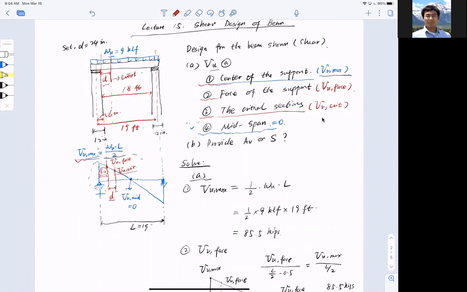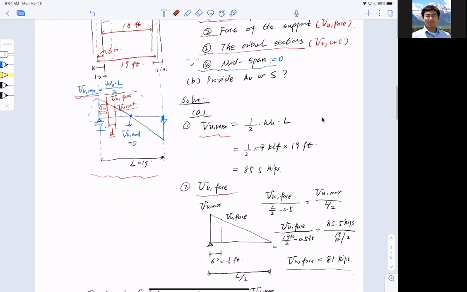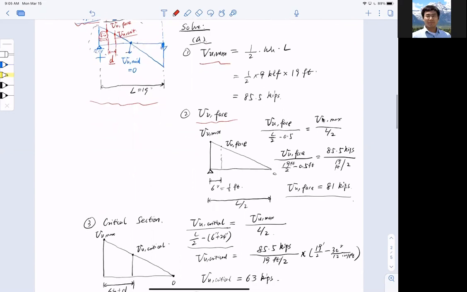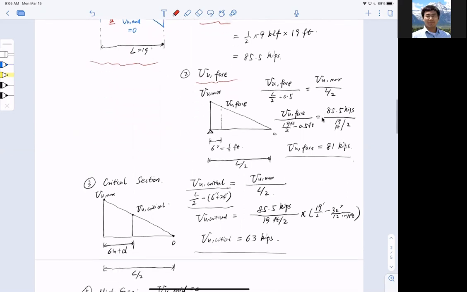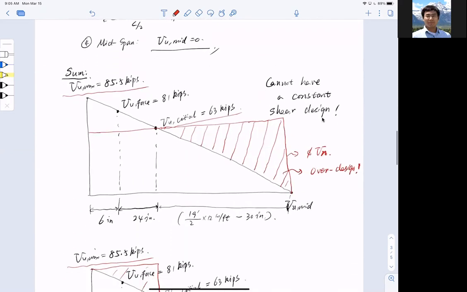Showing here on the left-hand side is a shear diagram, and we calculated these shear forces at the various sections and labeled them on the shear diagram. Last time we also talked about the distance or spacing between the left support and these critical sections, and we labeled them here at the end. Now looking at this shear diagram,